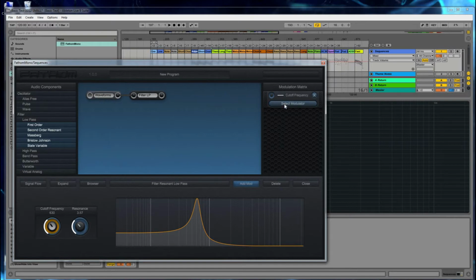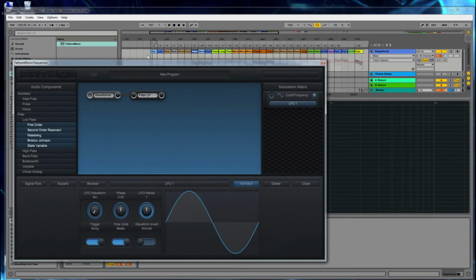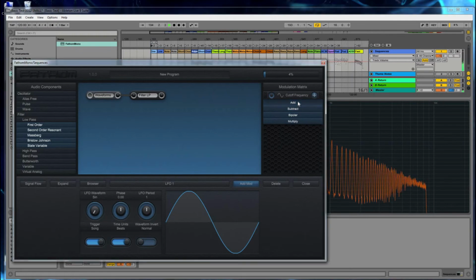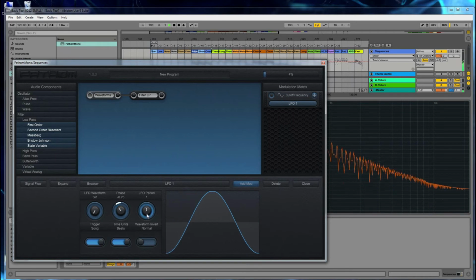But there's no modulator assigned. So let's select a modulator, new modulator, LFO, hit OK. Now we've got an LFO going here. Let's see what that sounds like. We'll change it to add. The default is multiply. We'll change that to add. It will change the phase to start at -1/4, and